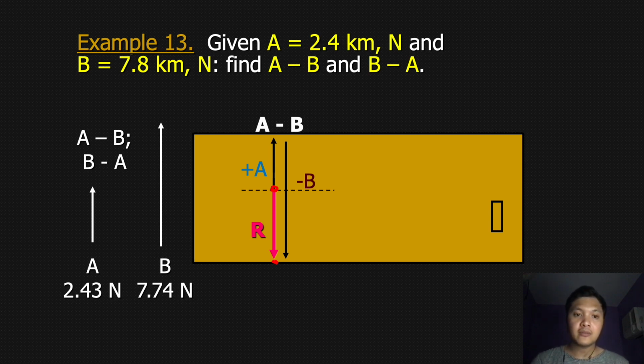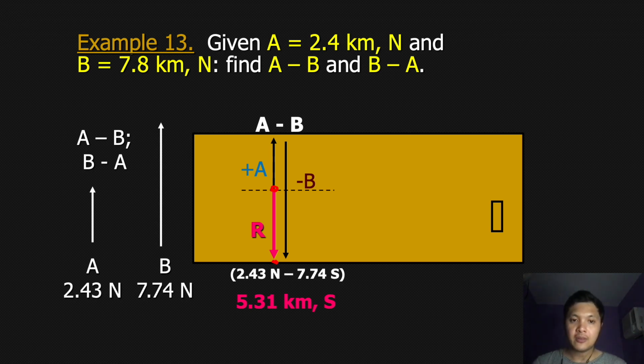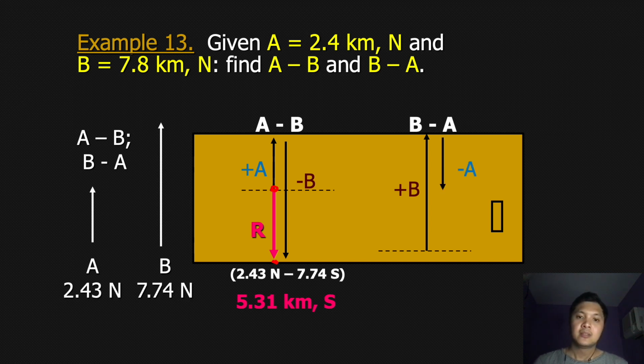So as you can see here, the resultant vector is going down. So 2.43 kilometers north minus 7.74 kilometers north, that should be 5.31 kilometers south. But if we get b minus a, we will draw b first, upwards, so that's positive b, and since we will subtract a from b, a must be drawn downwards. So here the resultant vector should look like this. Since we will start from the point in which b started, it should end at the point in which a ended. Okay. Now 7.74 kilometers north minus 2.43 kilometers north, that should be 5.31 kilometers north. So that's how you subtract vectors. Now let's go